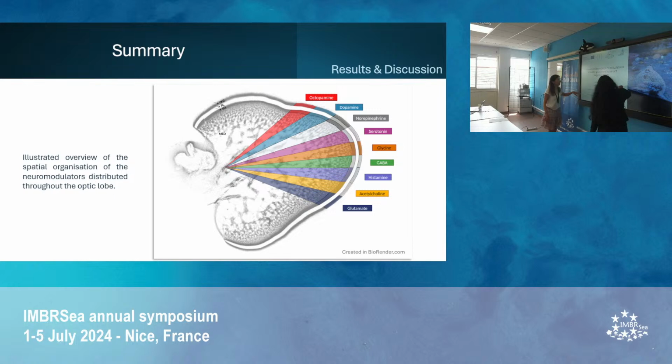And further, we summarize the results in the optic lobe to show the overview of the spatial organization of all the neuromodulators present. You can see that in the double layer, or specifically the outer granular layer, the octopamine, dopamine, norepinephrine, glycine, and glutamate are present, whereas the rest of the neuromodulators are absent. In the plexiform zone, only norepinephrine is expressed, and in the medulla, norepinephrine is absent, whereas all the other neuromodulators are present.